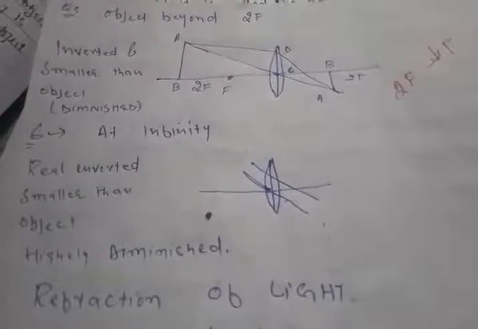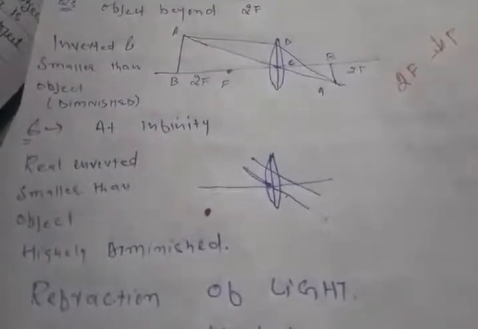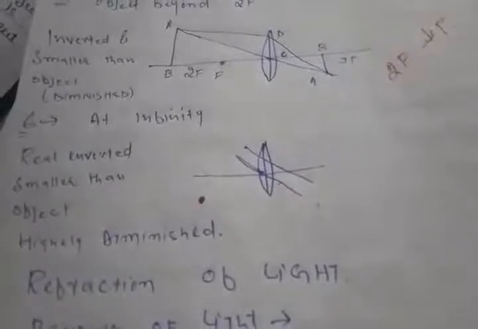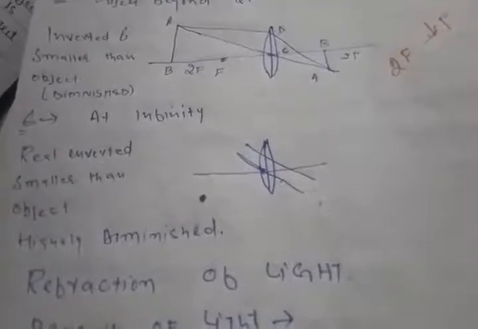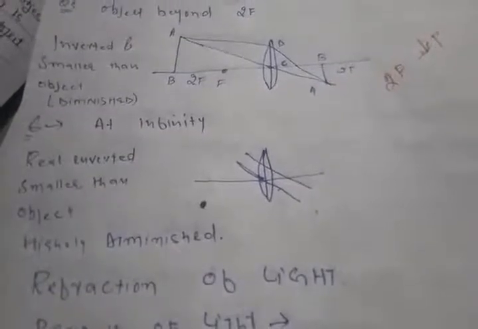Then in the final case, when the object is placed far beyond the 2f point, we have to go a few more steps away from the lens. Then we will see a real and inverted image but very highly diminished. It is not easily recognized whether the image formed is of any object. We cannot determine what type of object's image we are watching through the lens. So these are the six cases, and they are very important from the examination point of view, and I hope you have understood them very well.